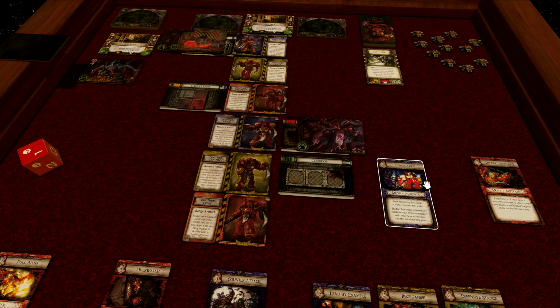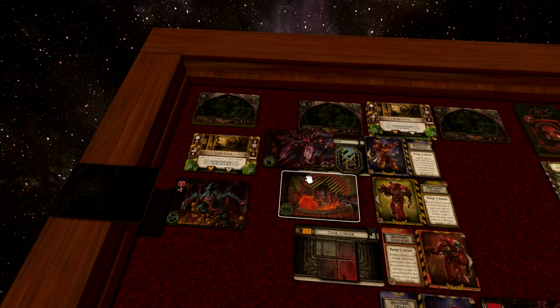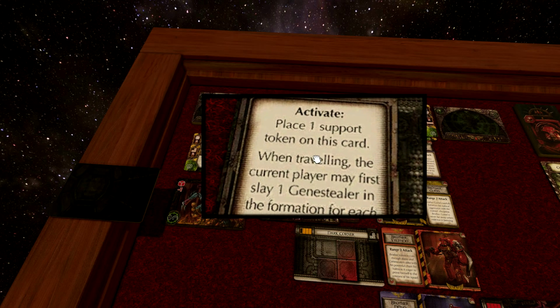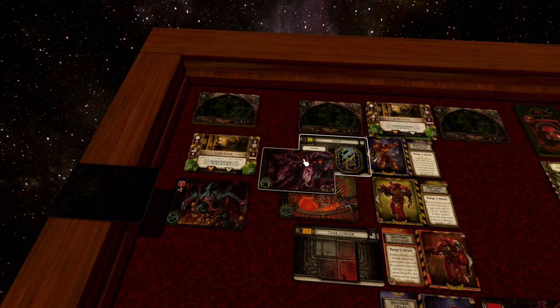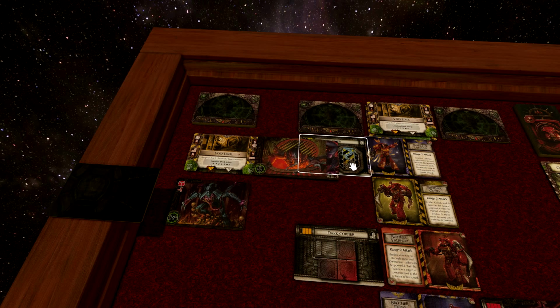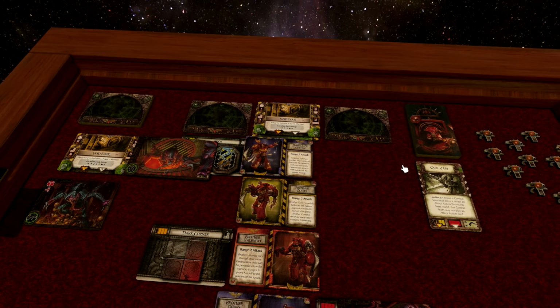And then you can also activate something. And activate only comes into work with some terrain tiles. For example, these have nothing of use for activation. However, as you can see here, this door, place one support token on this card. When traveling, the current player may first slay one Gene Stealer in the formation for each token on this card. Because basically the Gene Stealers, as you keep traveling through the Space Hulk, they keep chasing you, and